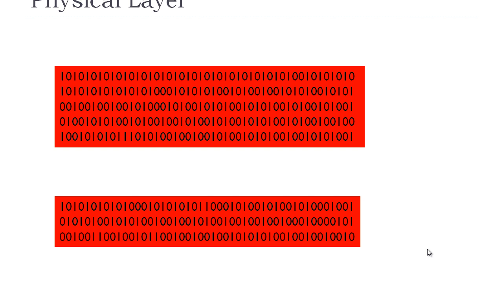So my advice for your study is to focus on these three layers: the transport layer, the network layer, and the data link layer. And in the upcoming videos we will go deep into those layers, and you will say to yourself, this is the reason why we are using the OSI model, because the OSI model is the foundation for networking.